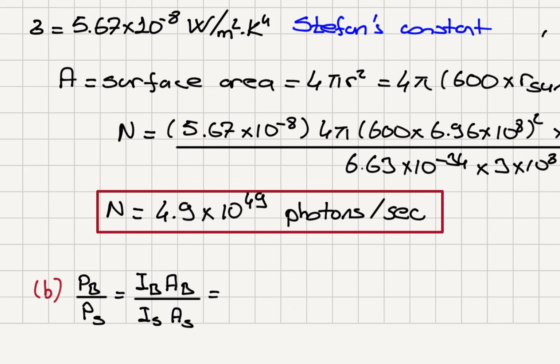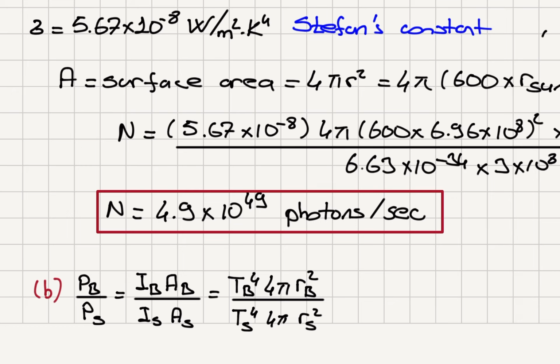Stefan's law tells me it's proportional to surface temperature to the fourth power, and proportional to the surface area, 4 pi radius of Betelgeuse squared divided by surface temperature of the Sun to the fourth power